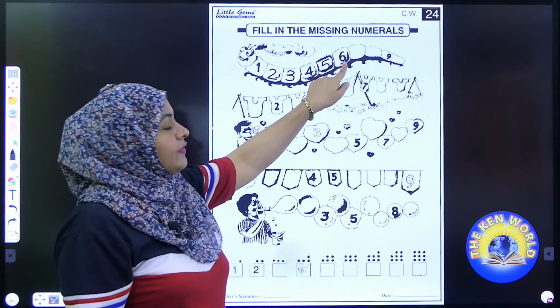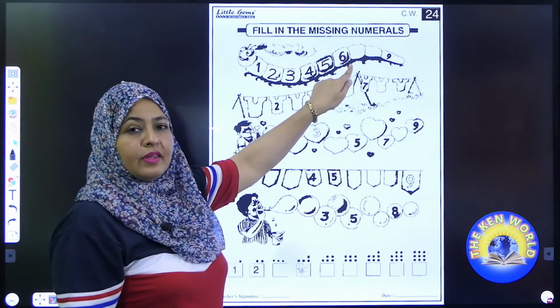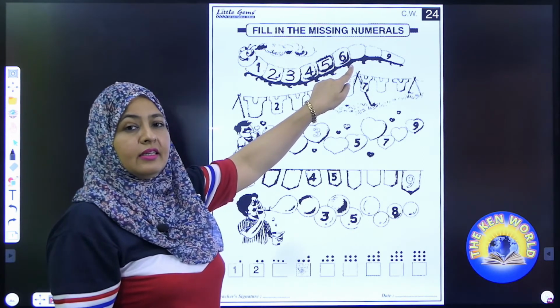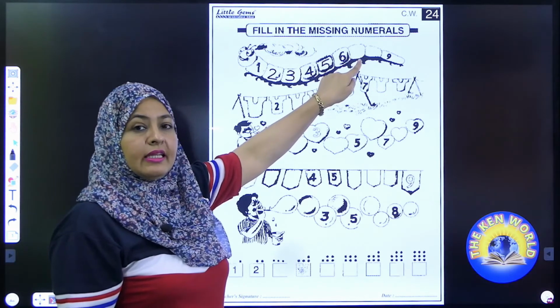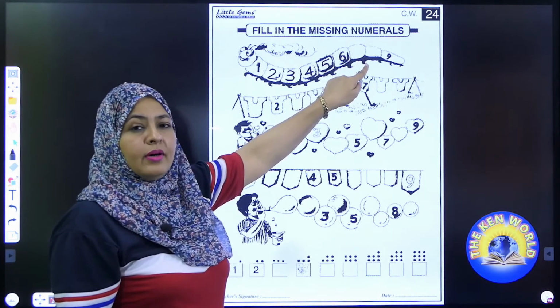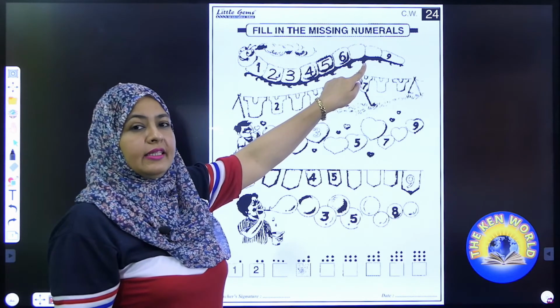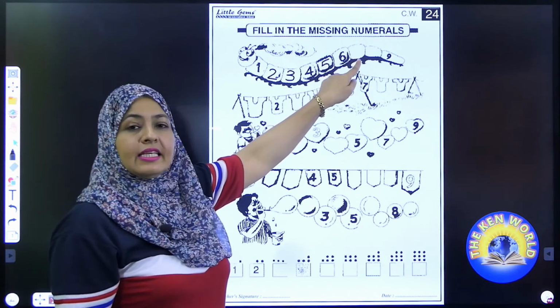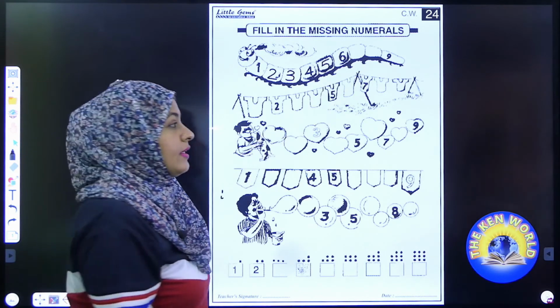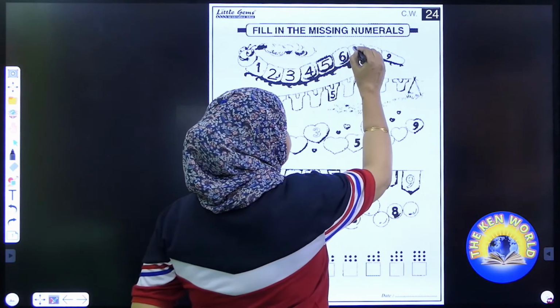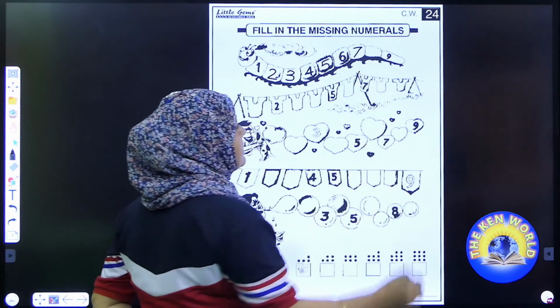After 5, it's 6, which is already here. So we have to move further. There is no number. We have to fill it. So after 6, it is? Correct. Number 7.